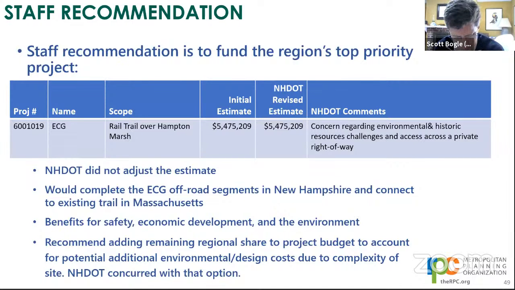So those are the reasons that we feel that it's a very good project and worth considering as a single project to fund. Along the lines of DOT's comments, I noted the environmental and historic resource challenges. The private right-of-way is Brimmer Lane in Hampton Falls, although according to the right-of-way information we have from Boston and Maine Railroad, there is an easement for railroad passage across that